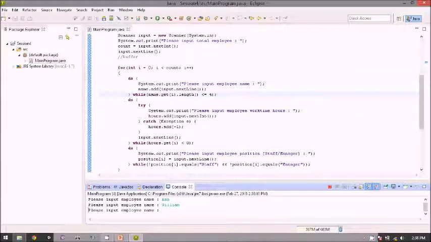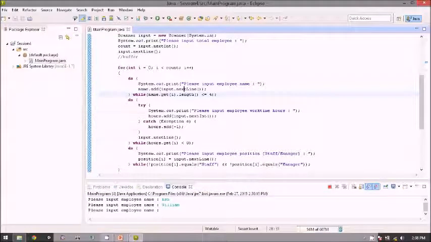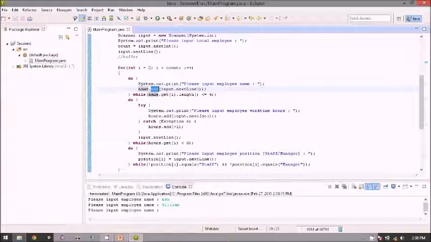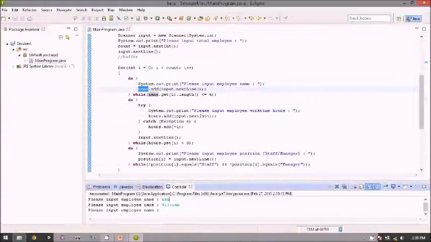Okay, if you can see in here, we use the name.add function. Let me stop first. So every time I write an input in here, the name will add a new member. So when I write Ash, the Ash will be the 0 member of the vector. And then when I input William, it will be the first member in the name vector with index 1.